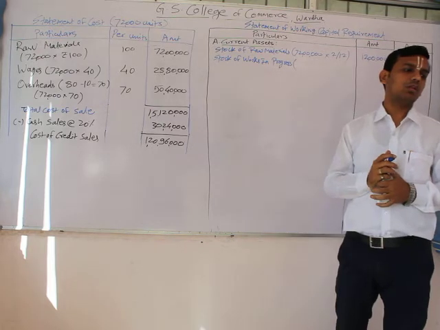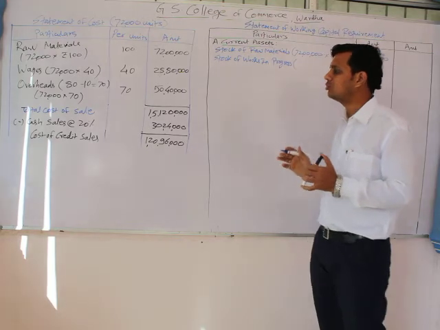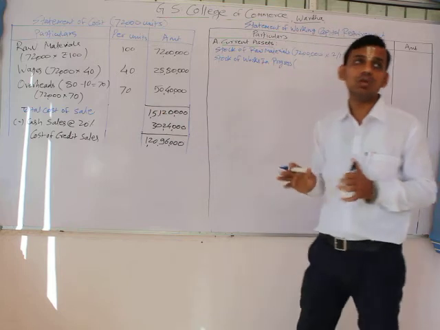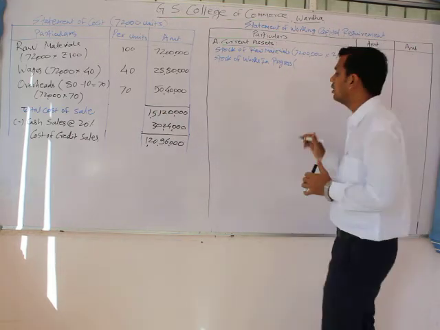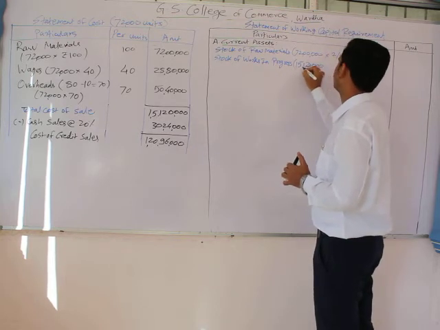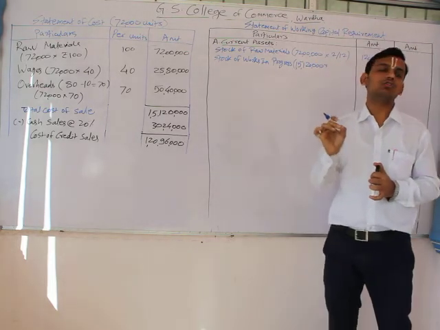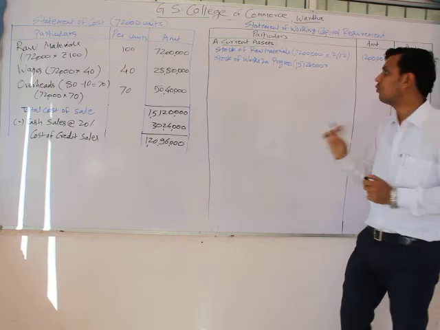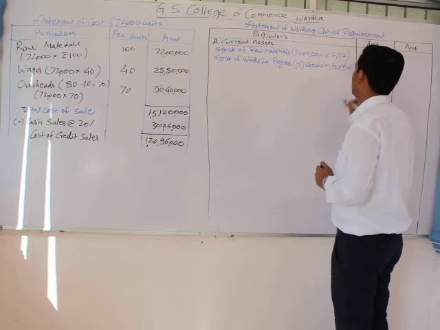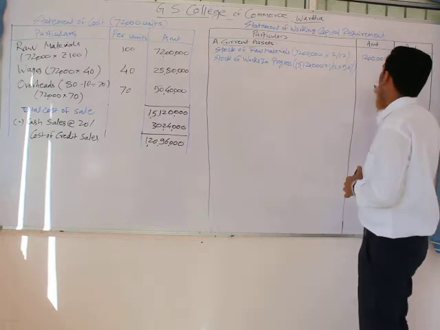What it has said is that all the components of production are at 50% completion stage, and for the purpose of calculation of works in progress, we have to take the total cost of sales, which includes cash as well as credit sales, that is 1,51,20,000 into the credit, the production process. The works in progress is for 1 month, that is 1 divided by 12 into 50%, the completion stage. That is why we have taken 50%. We get our amount as 6,30,000.